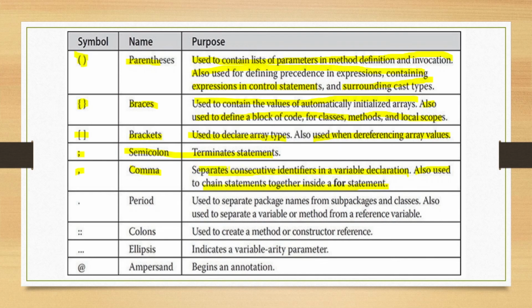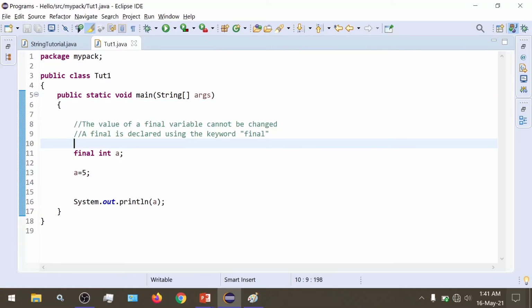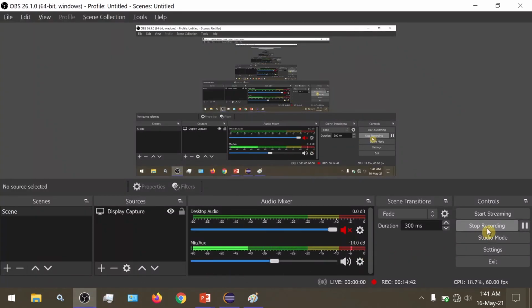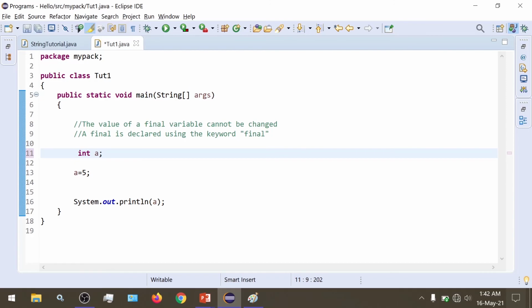So it separates consecutive identifiers in a variable declaration. What does this mean? If you want to declare multiple variables in a single statement, let's suppose that we have to declare 100 variables in a program. We would have to write one line, then another 99 lines declaring another 99 variables.